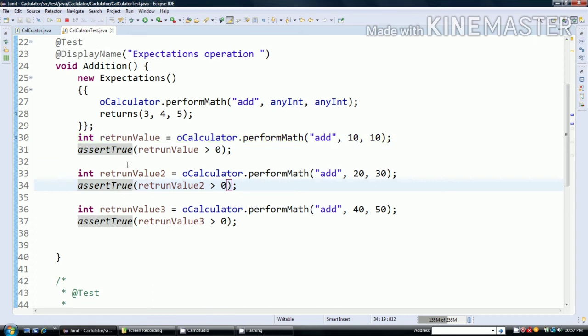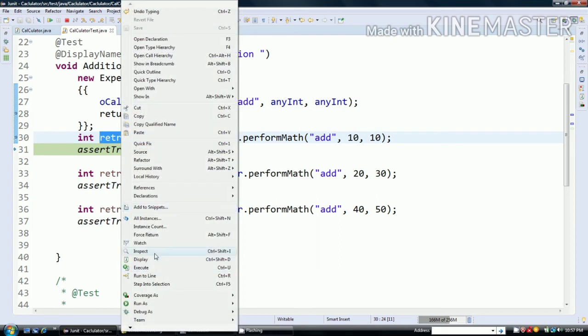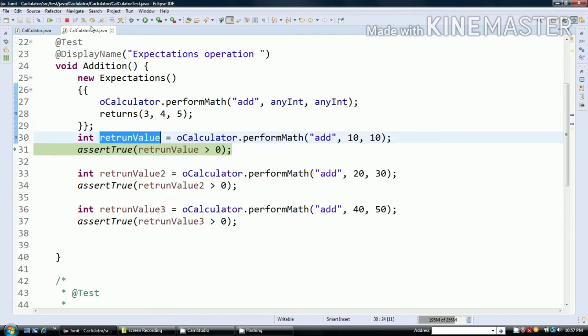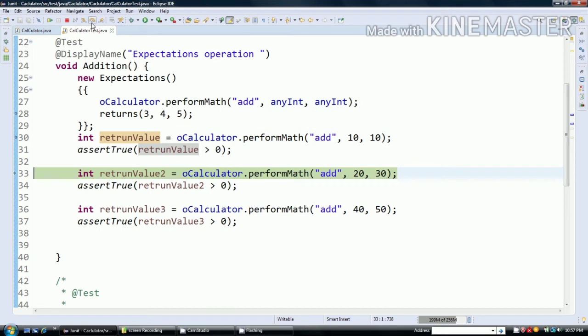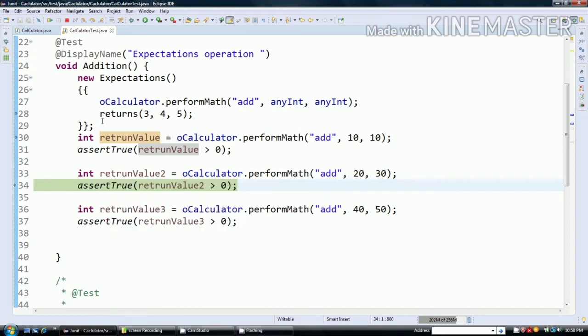We are expecting a 3 here. So inspect element. Yeah, so we got value 3, which is the first parameter of returns, and here we are expecting a 4. Then the last value which we are expecting is 5.